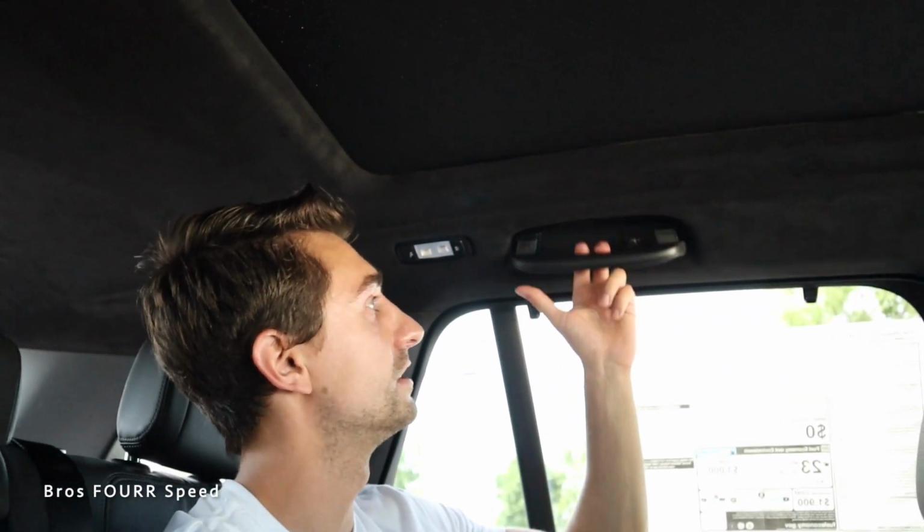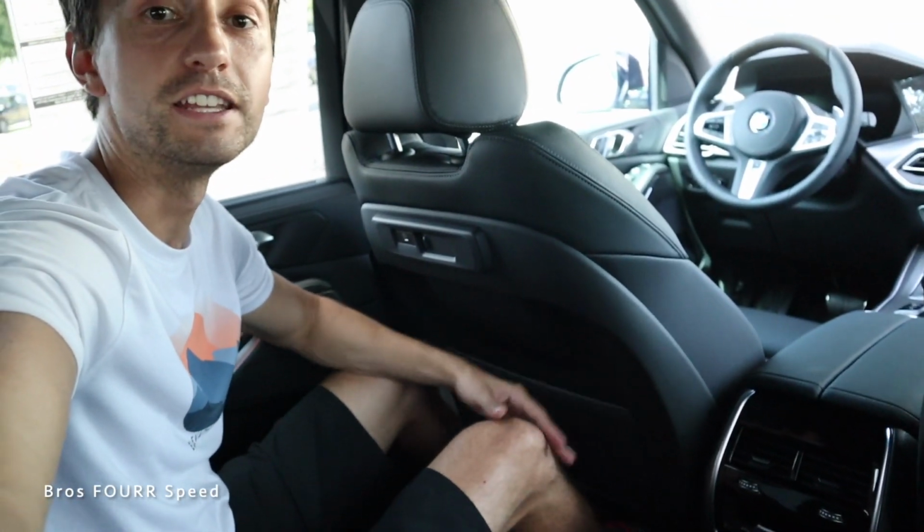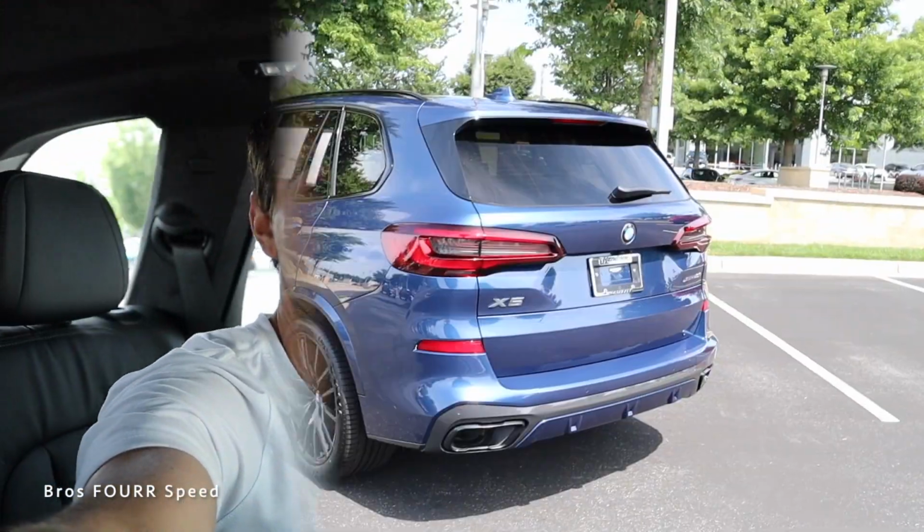Of course, if we opened up the panoramic roof, you get all the light inside. I do like how we get LED dome lights. You get hooks as well as handles on the far left and right side, and plenty of legroom and knee room even with this seat set at my height. And then moving on to the